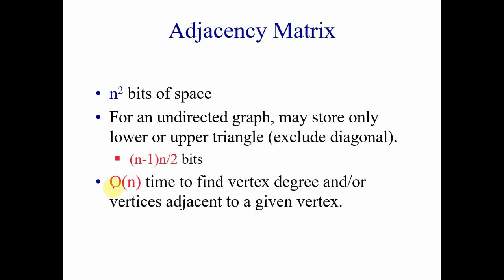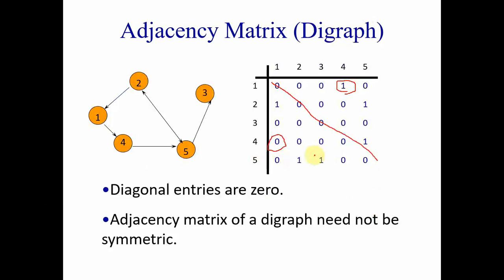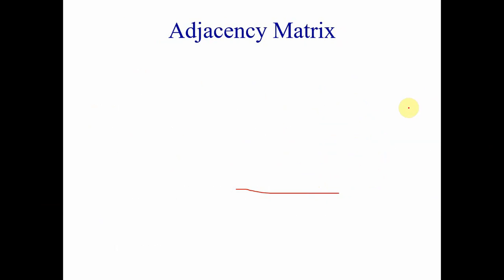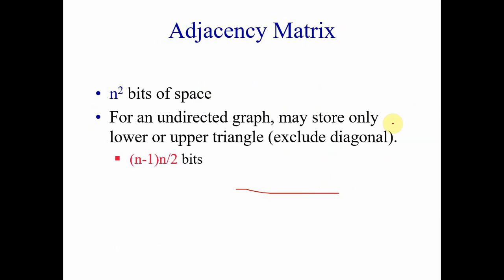And it takes big O n time to find the vertex degree, because it would go through all the entries of the vertices adjacent to a given vertex. Just like if you would like to know about the connectivity of a vertex, you just need to look at the entries of a row. So it would be big O n. So this is the idea of the adjacency matrix. Then let's